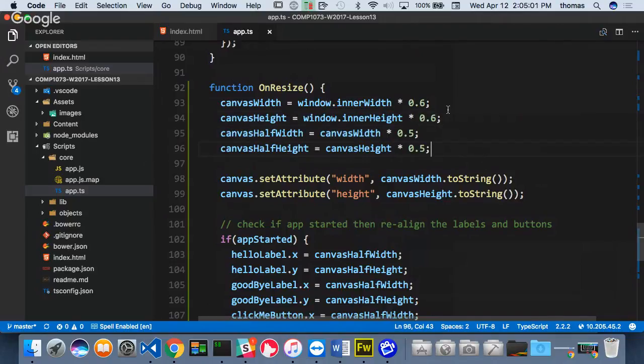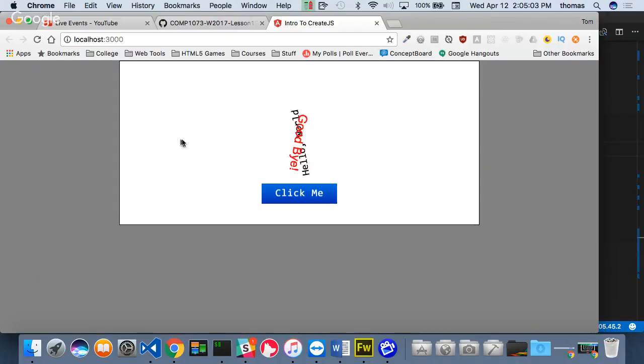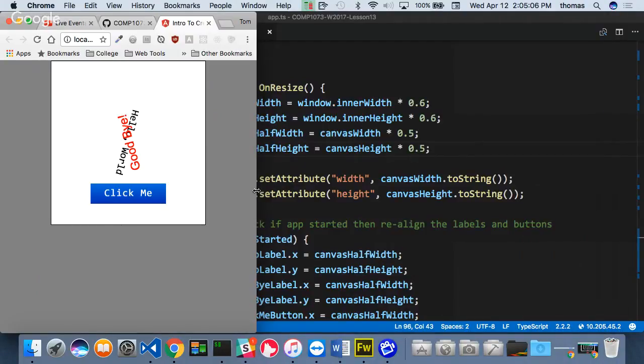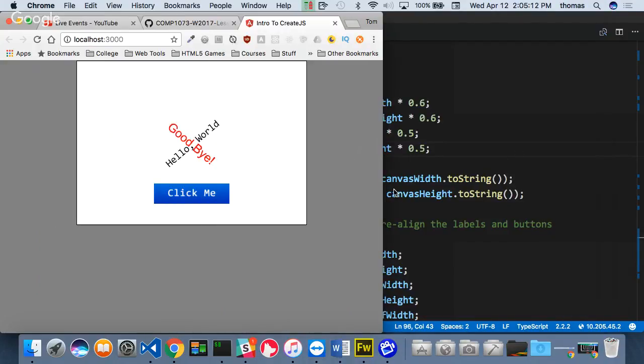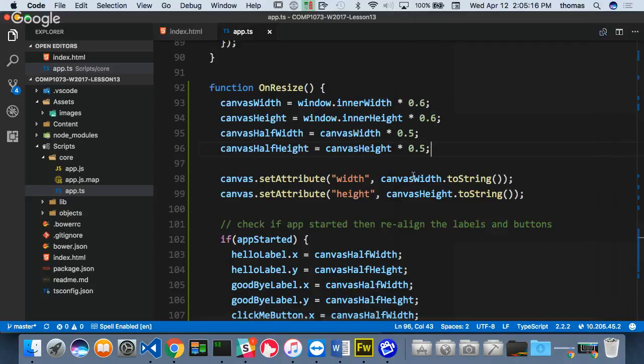There's lots of flexibility with this system, but there are also some problems. So notice that now I have at least 60% of my height and 60% of my width. Again, you can play with this number all you like. Like if I want to make it 320 by 480, as an example, or that kind of proportion,